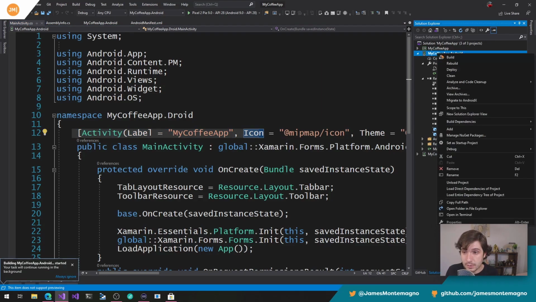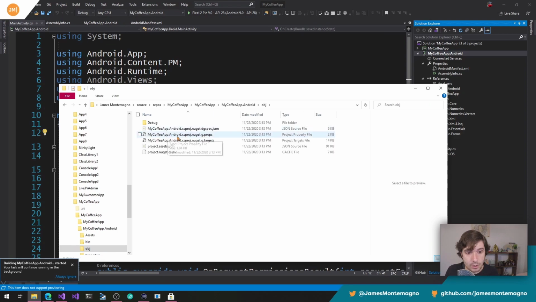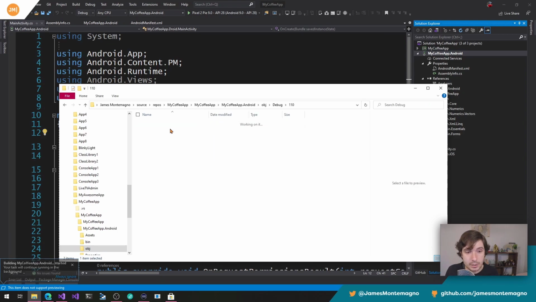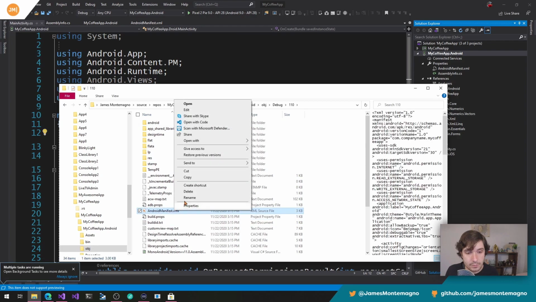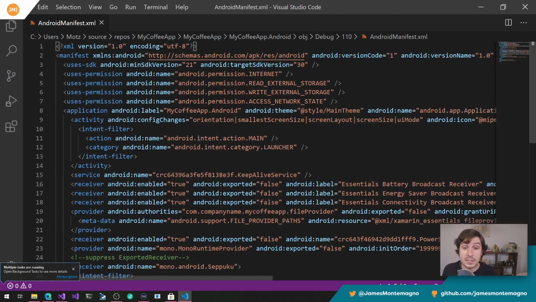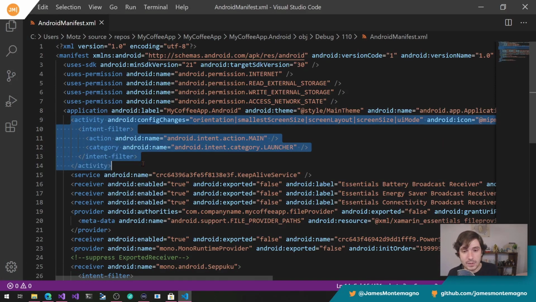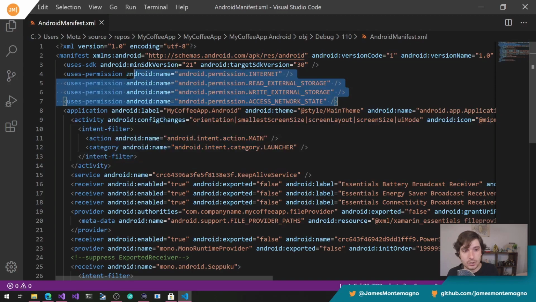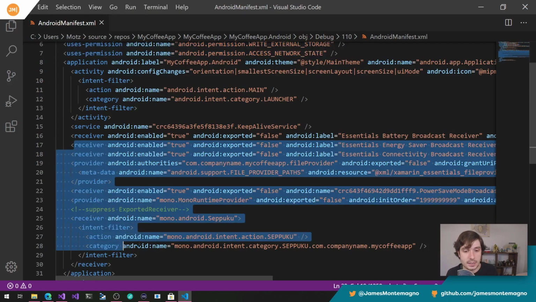So I just built it, and here I can actually say open folder. Here I'm going to say obj debug Android 11. Here is the Android manifest. Let me open this in code. And then here we're going to see that this is the final one that's actually built for debug. So there's a lot more in here, but you can actually see that here's the activity that I have, the main launcher. Here's all of those permissions for me automatically. And it puts in a few different debug spots that need to go in there.